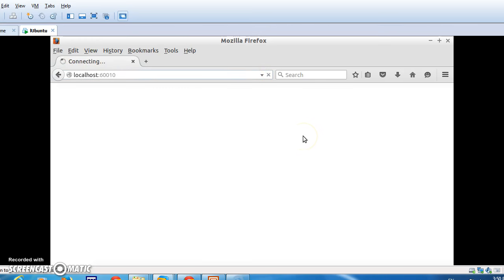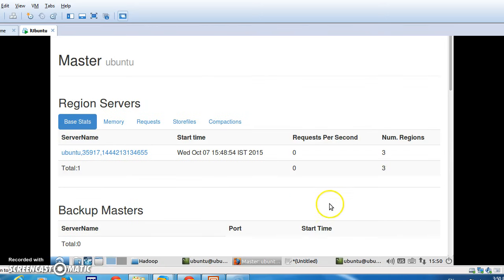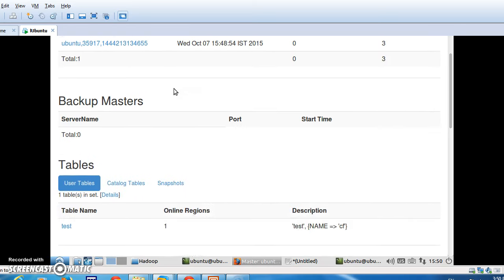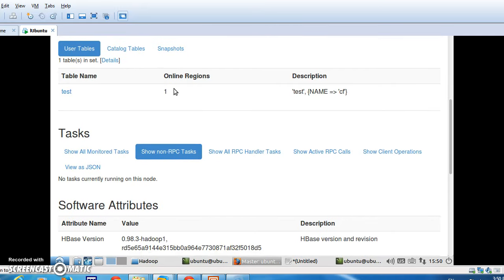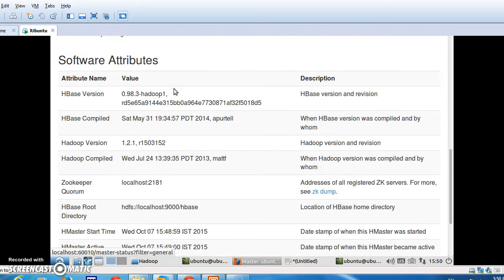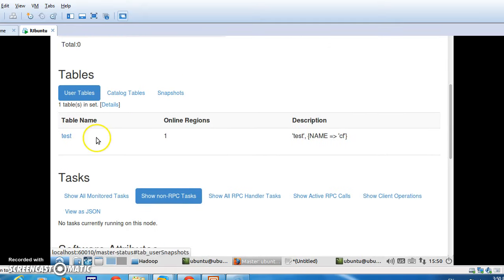I'm executing this URL. So HBase is started right now. It has the master server, region server, and a backup master. We have a list of tables, tasks, and attributes. These are the things we have run so far. These are the list of tables already available.